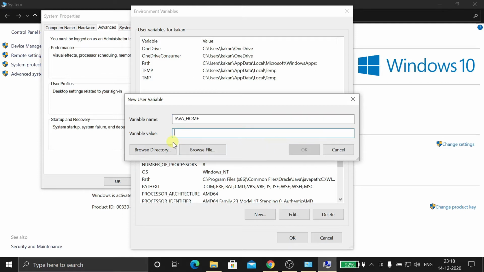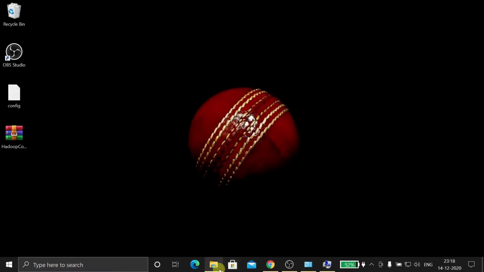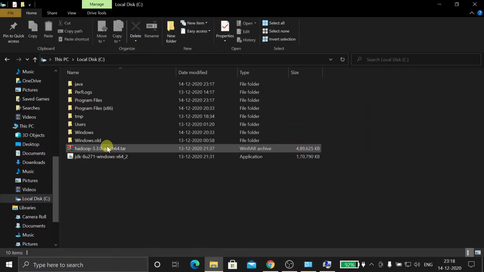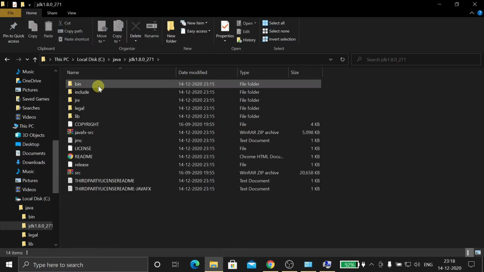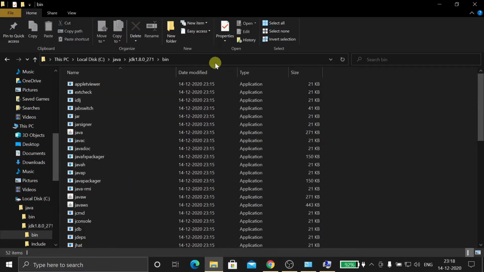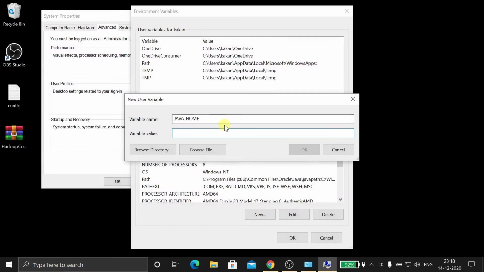Minimize all the screens, open this local disk C, Java folder, JDK, bin, and simply Control X, close, and Control V. Yeah, we created the Java home path.